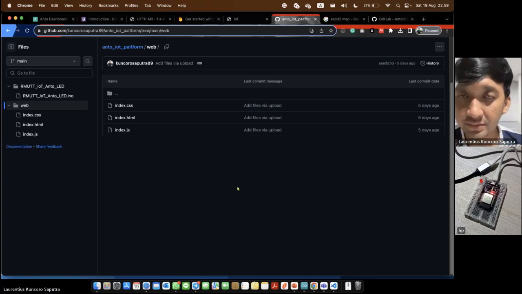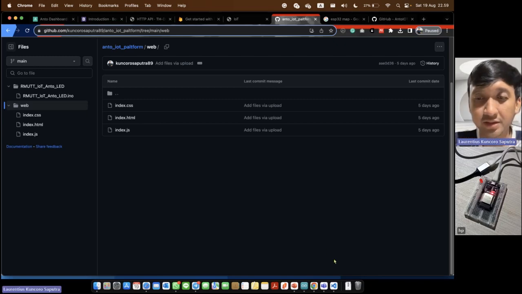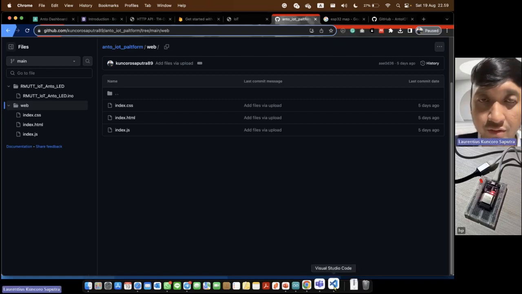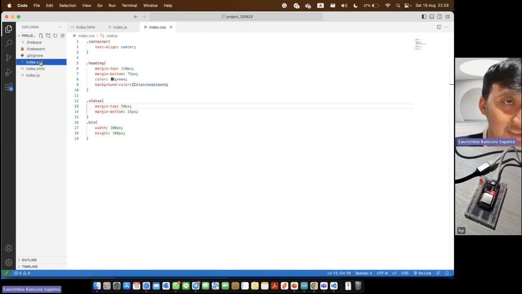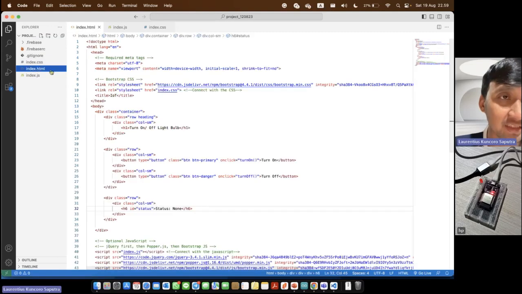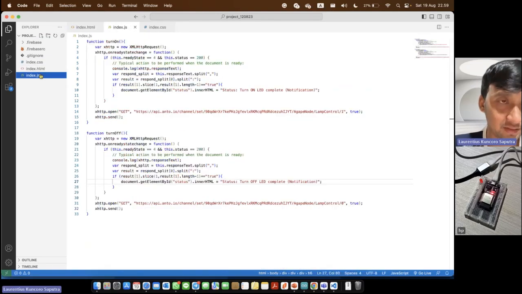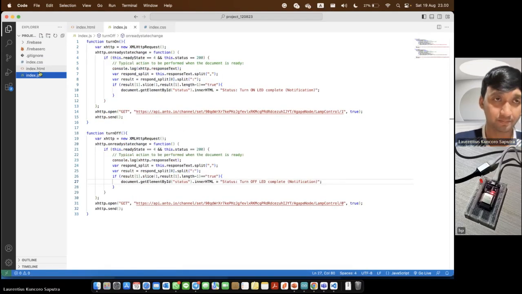Open Visual Studio Code and make 3 files: index.css, index.html, and index.js.